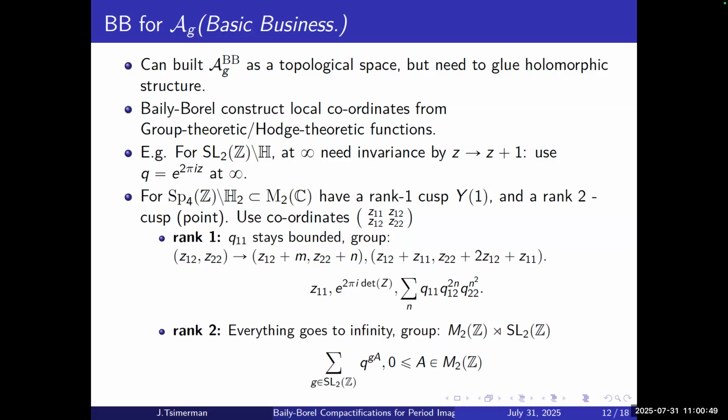So it fixes Z11, it sends Z12 to Z12 plus Z11 and Z22 to this thing. And then you can just by hand sort of make your functions. Z11 is one coordinate, e to the 2 pi i determinant of Z. I think it should be over Z11 actually, as a typo, but basically this is a coordinate as well. And Q22 almost works, except it changes in this way, but you have this trick, which often shows up in